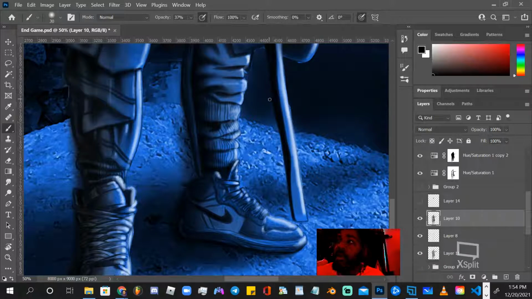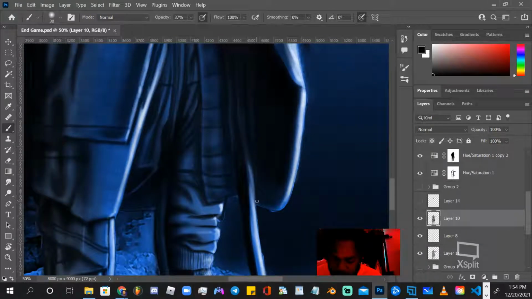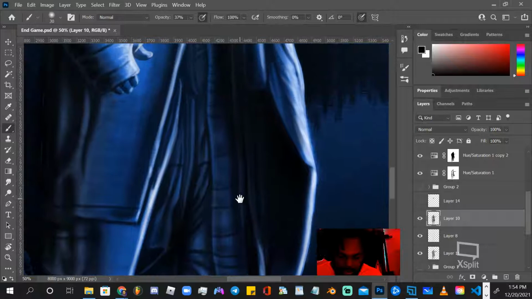It's really hard not to overwork the shadowing in this picture because there's so much area that needs to be darker. Right here.